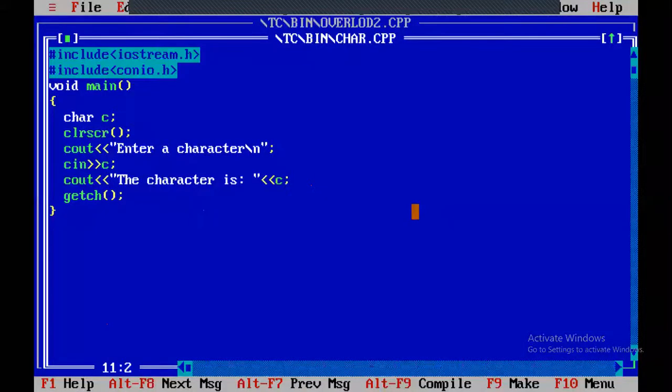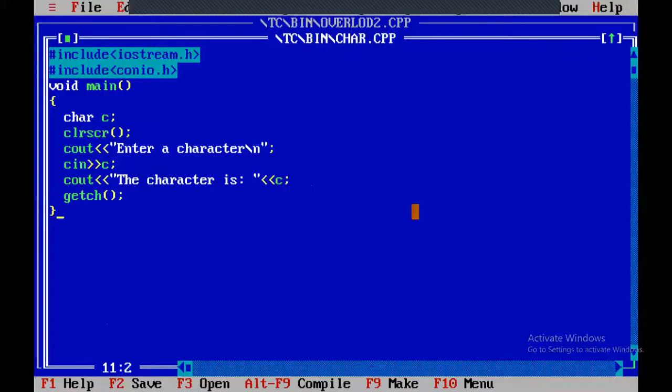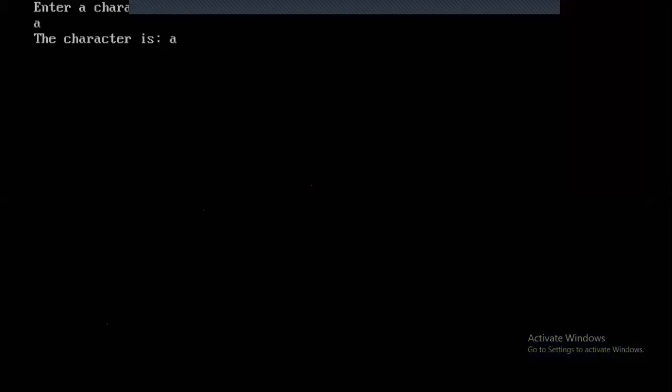See, you look at the output. It is telling us to enter the character. When you want to enter a character, you can enter either capital letters or small letters or digits or symbols. For example, if I enter dollar, dollar is a character. If you enter a capital letter, it will display the same thing. If you enter a small letter, it displays the same thing. If you enter any digit, say 7, it will display. That means all three things are accepted: a symbol, a digit or a letter.